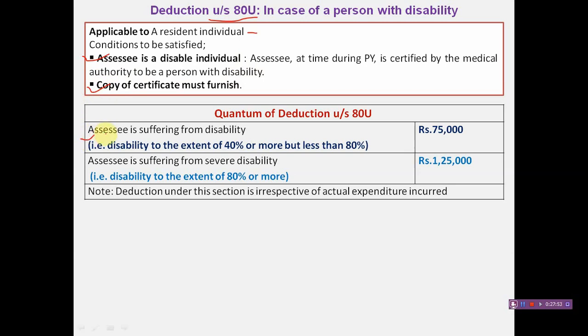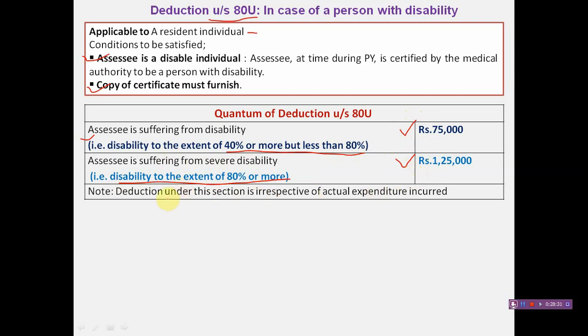In case assessee is suffering from disability to the extent of 40% or more but less than 80%, then he can get a deduction of rupees 75,000 flat amount. Okay, statutory amount rupees 75,000. If the disability of a person is 80% or more, then the deduction allowable is rupees